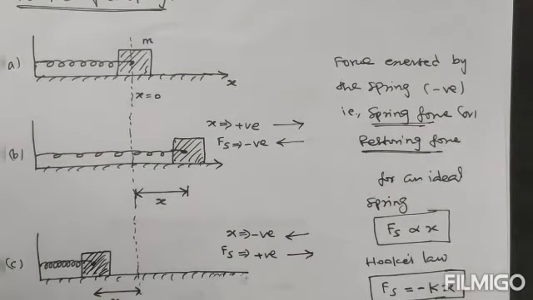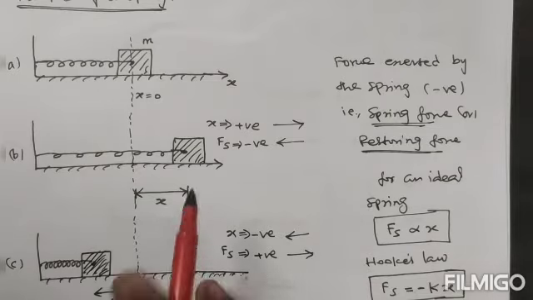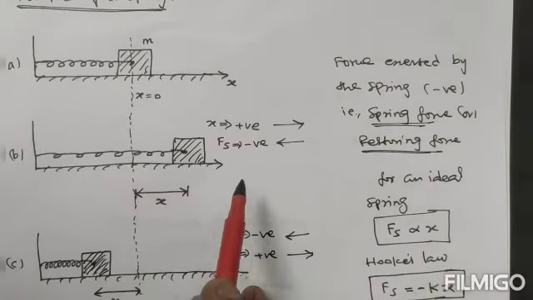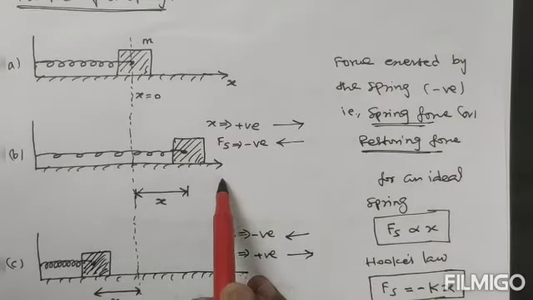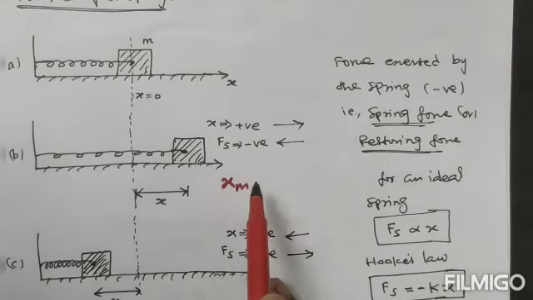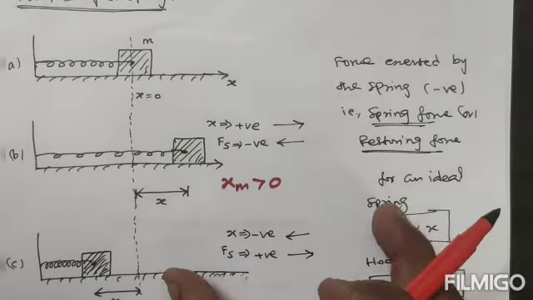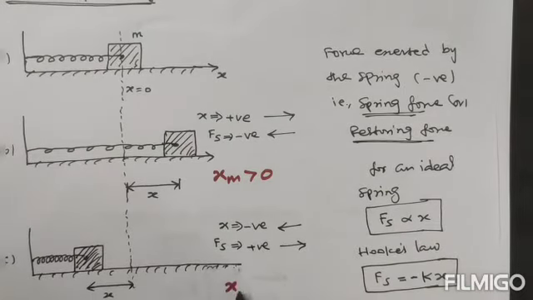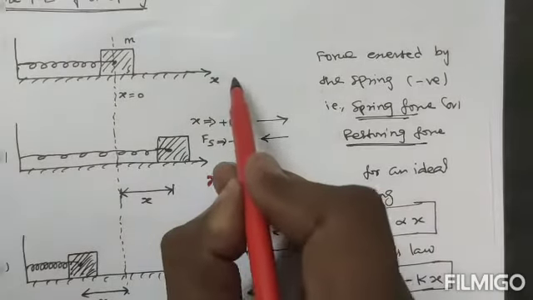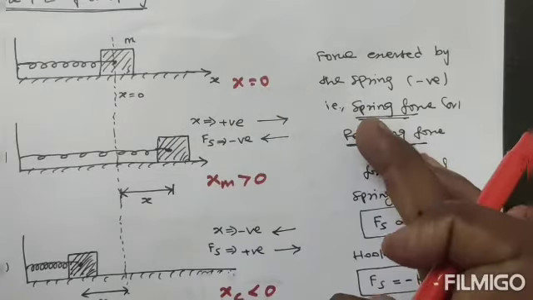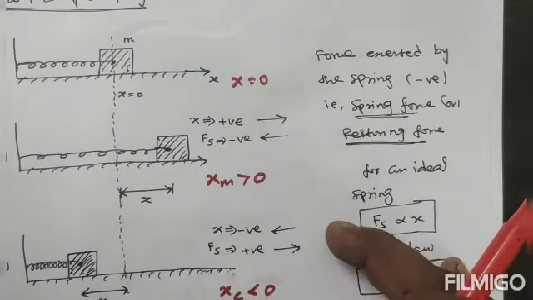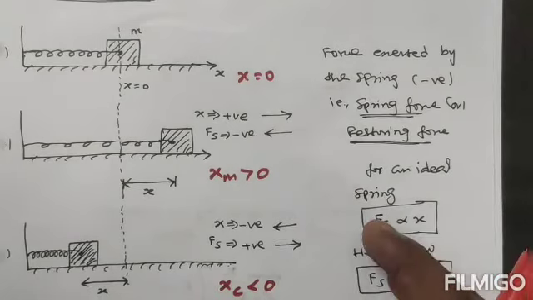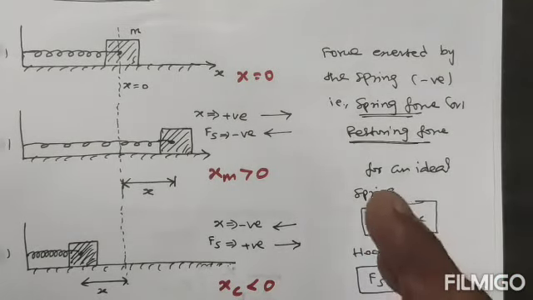While we apply the external force, it will be extended. So here we can say that, for example, xm, x maximum, is greater than 0. Then in the compressed state, that is xc, that is less than 0. But this position is x equal to 0. So by using this idea, we found the force constant value, or spring constant value.